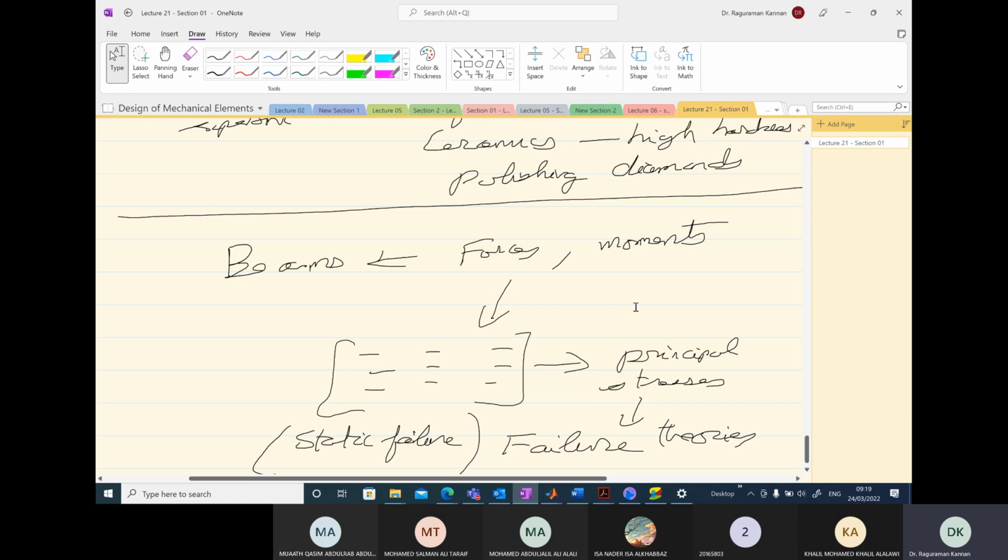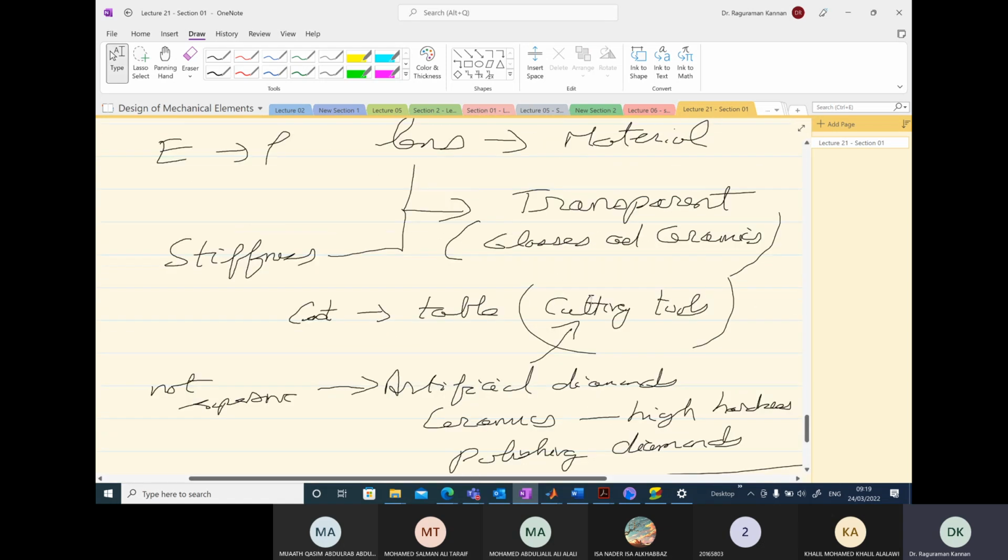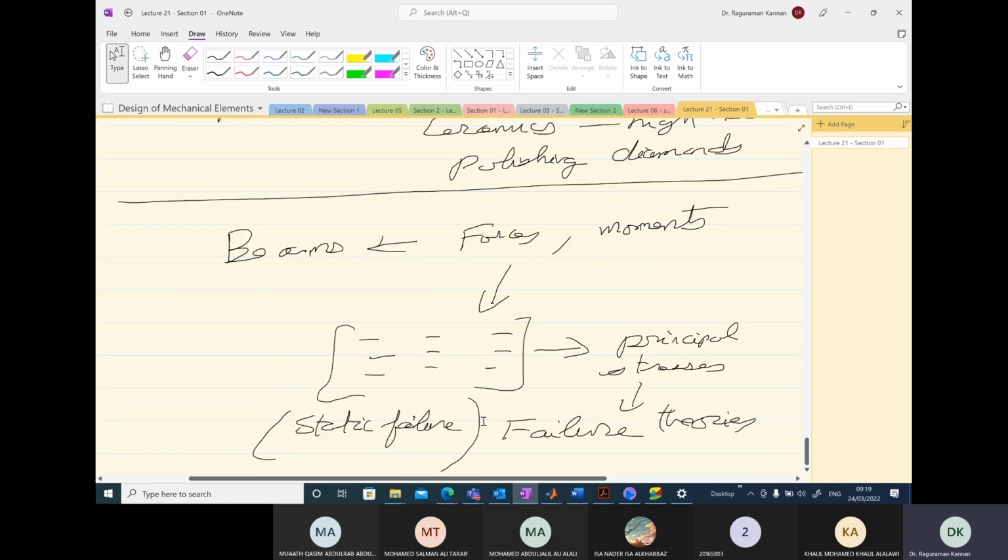So in chapter 3 and the chapter on failure theory, the problem will be a combined problem. You might get one combined problem where you have all the combined forces, and you will have to come up with a 3D stress, principal stresses, and apply the failure theory and find a particular dimension of the component or design that component. Okay, or maybe you calculate the factor of safety and tell us whether it is going to fail or not fail. Now, besides this, you will definitely get a problem on material index, a problem like this,